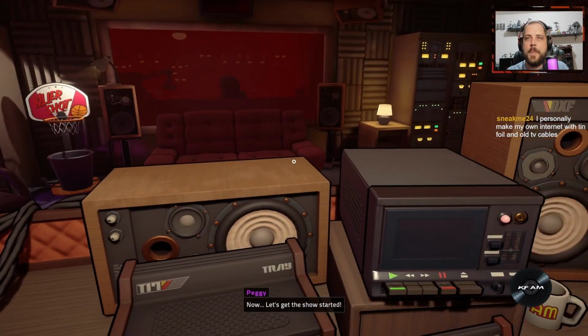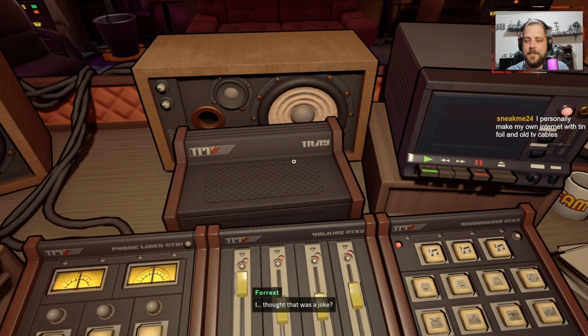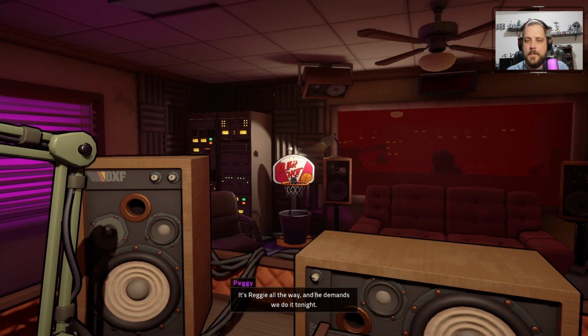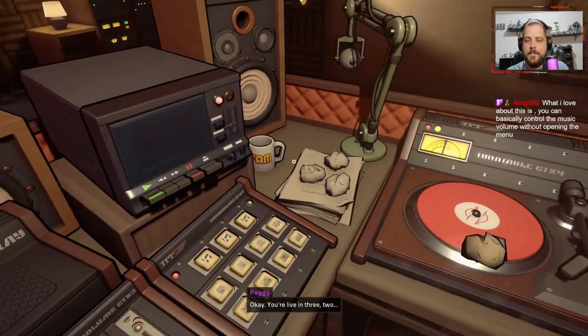Agreed. Now, let's get the show started. After your introduction, our first segment is Guess That Scream. I thought that was a joke. Nope, and don't blame me for this one. It's Reggie all the way, and he demands we do it tonight. We're gonna get one this time. Ready? Okay, you're live in 3, 2...